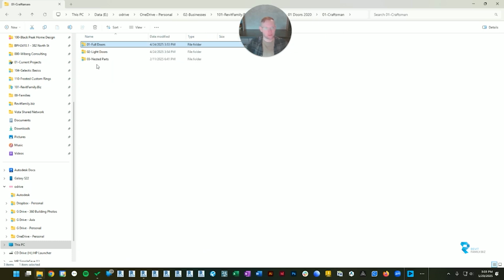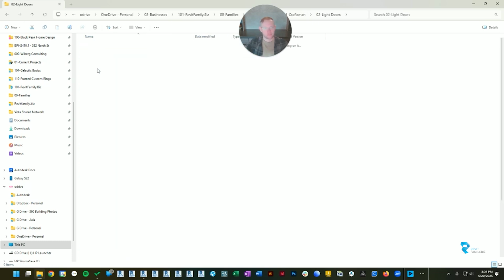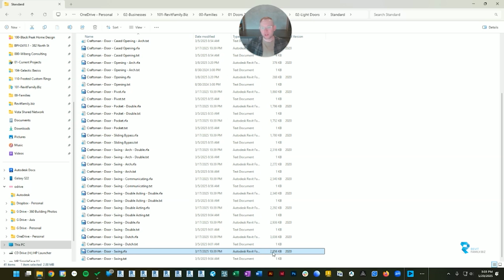Now, if I look at that same door, but in the light doors, let's look at the swing door. Instead of 21,000, it's just short of 3,000. So the full version is 7 times larger than the light version. So you can imagine this one's going to perform better, and performance really doesn't vary too much between the light